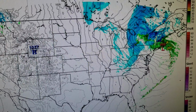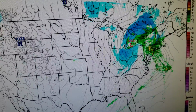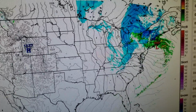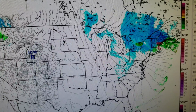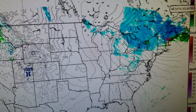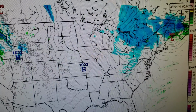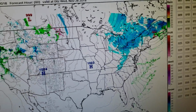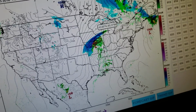It looks like the Ohio Valley could see a little bit of snow out of this, a couple inches maybe. I'll put this into motion so you guys can just kind of watch it. And we've got some high pressure that takes over and dries us out. Anyway, guys,